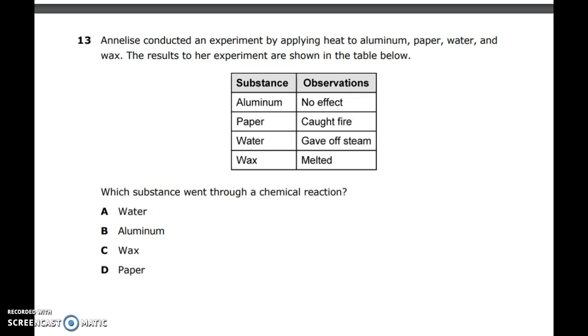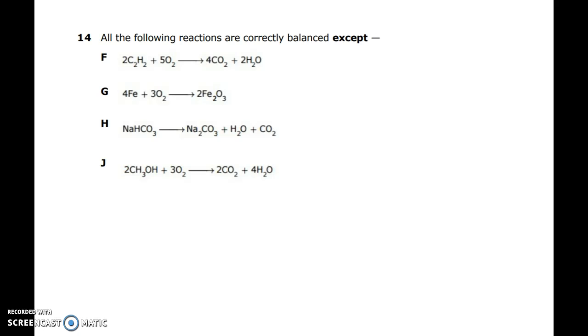Which substance went through a chemical reaction? A. Water. B. Aluminum. C. Wax. D. Paper. 14. All of the following reactions are correctly balanced except